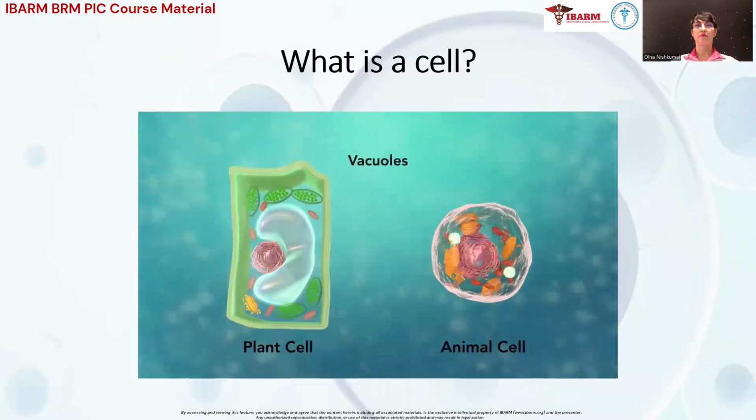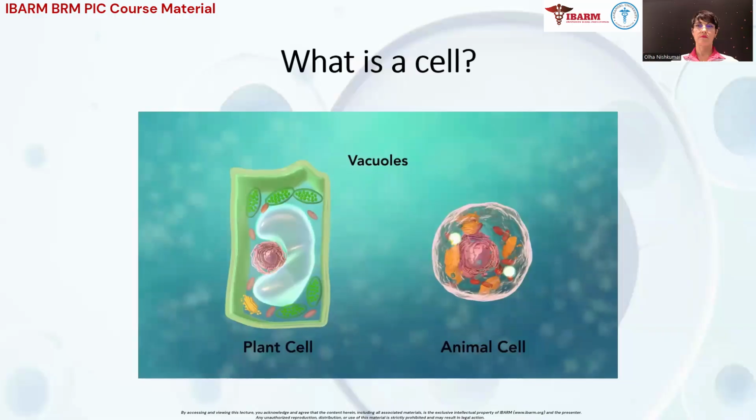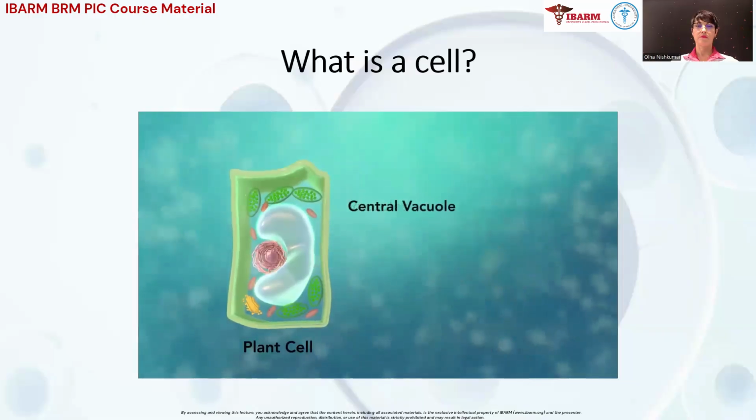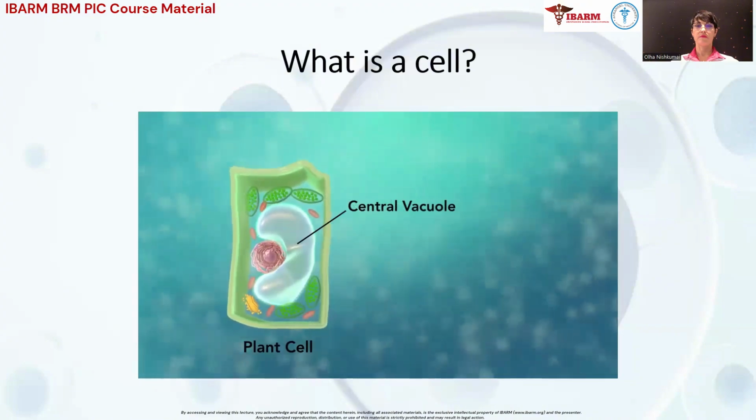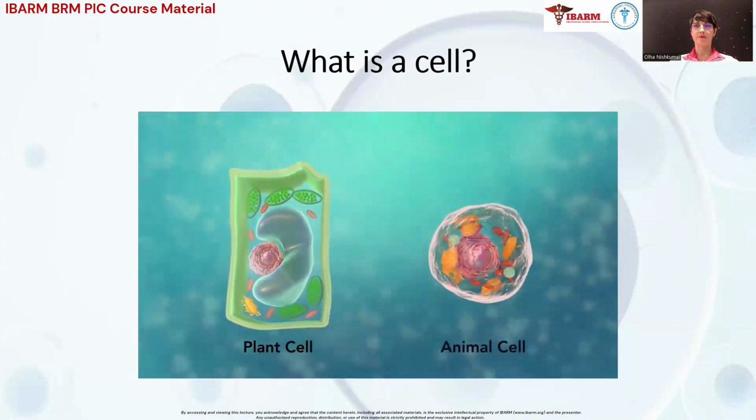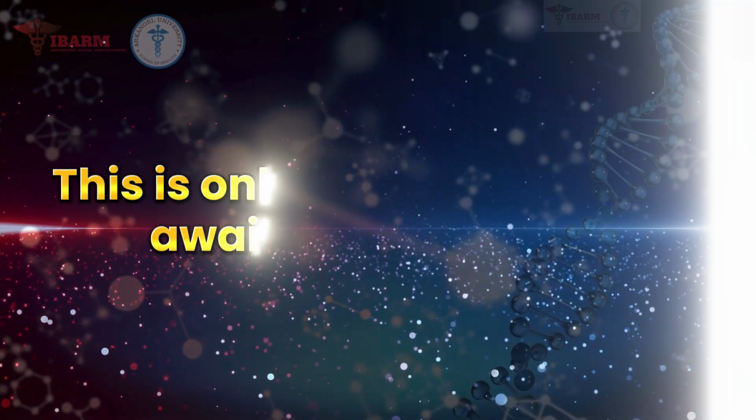Vacuoles are sac-like structures that store different materials. Here, in this plant cell, the central vacuole stores water. Going back to the animal cell,